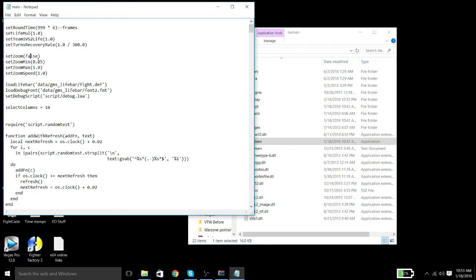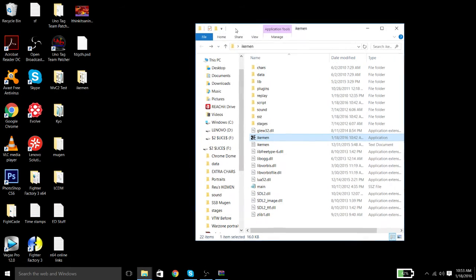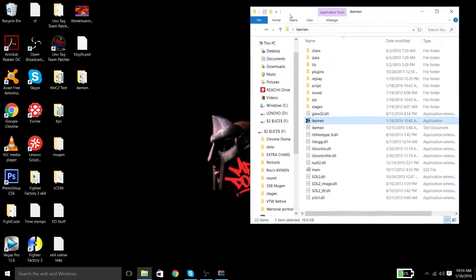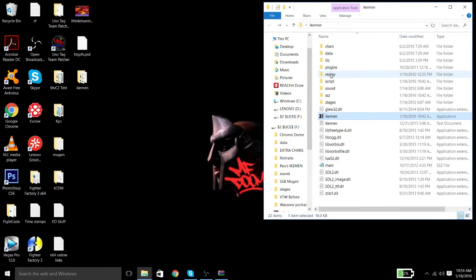Okay, so next thing we're going to talk about is controls. Also, I have a times controls. This is another one that's interesting. There are only very few IKEMEN games. I think there's only one that I've ever seen, which is a Naruto IKEMEN, which has an option mode which can do controls for you, which is amazing programming. But sadly, not a lot of IKEMENs have this. Hopefully I'll try to see if I can get it to work, since the Naruto game is open source. But anyways,